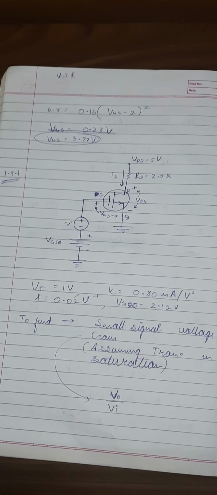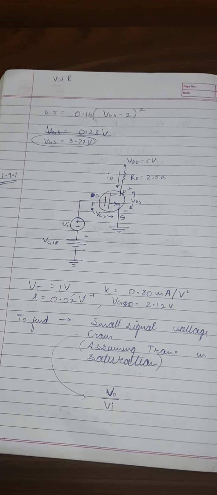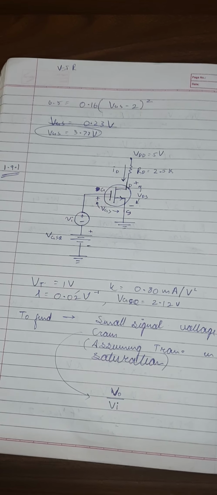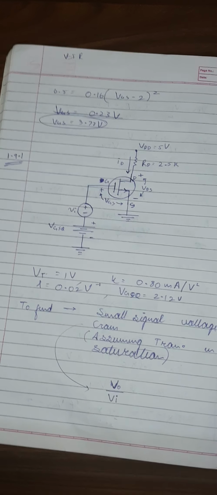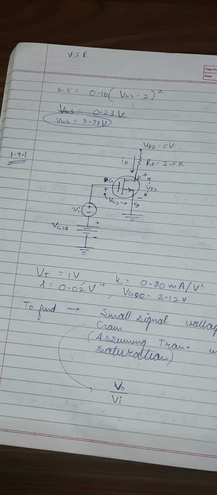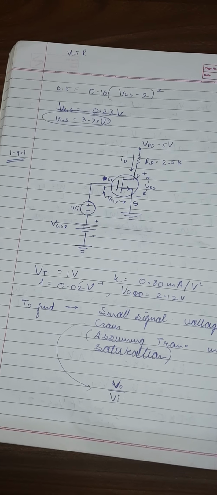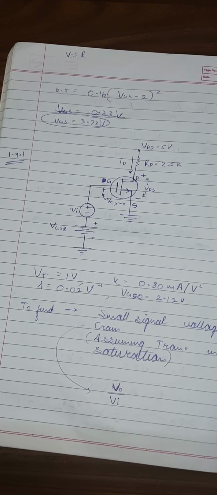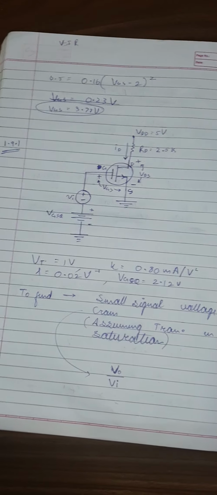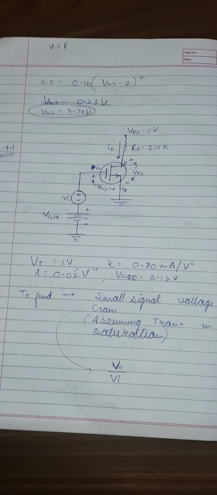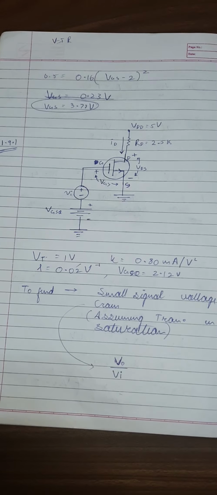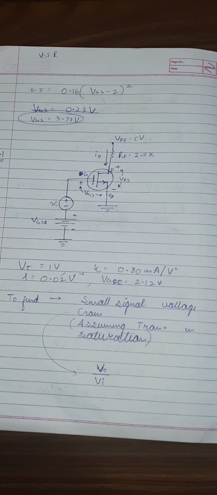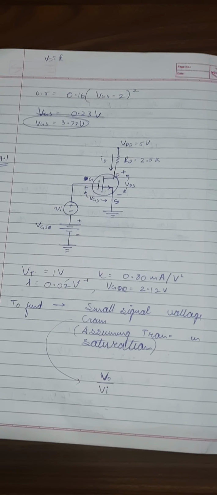If you are doing the AC analysis of a MOSFET in common source configuration, there is a part in AC analysis known as the small signal equivalent circuit, in which the input voltage is equal to VGS, the voltage across gate and source. If you provide an input voltage to the MOSFET equal to the voltage across the gate and the source, this is called small signal equivalent analysis of a MOSFET.